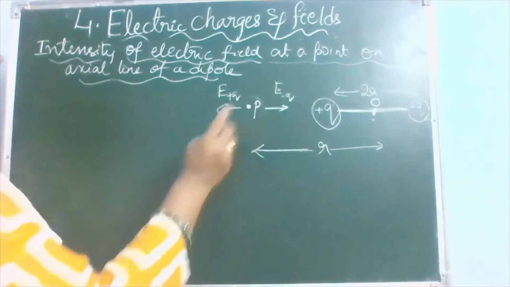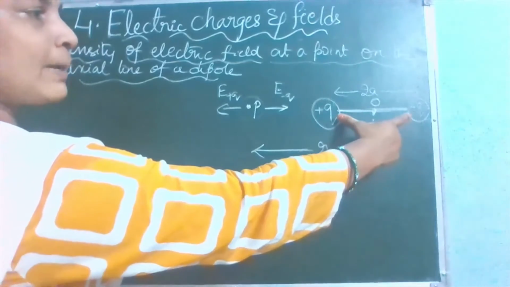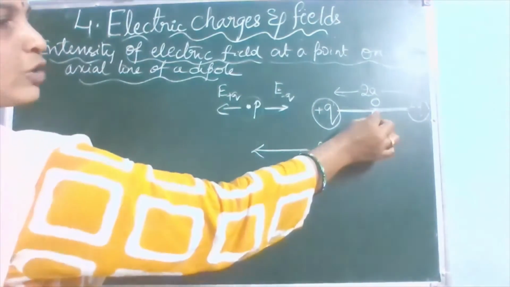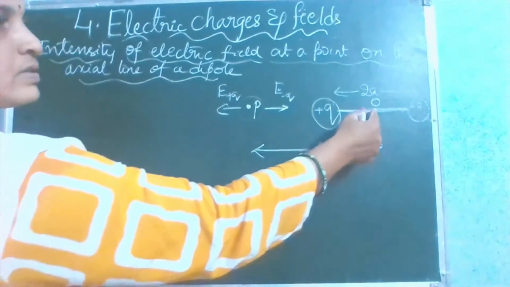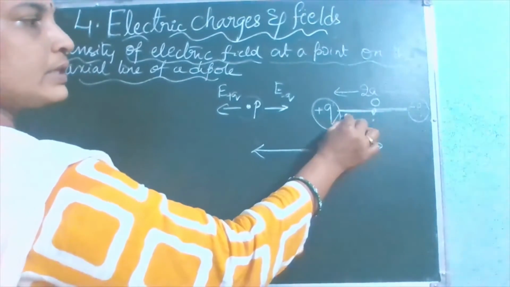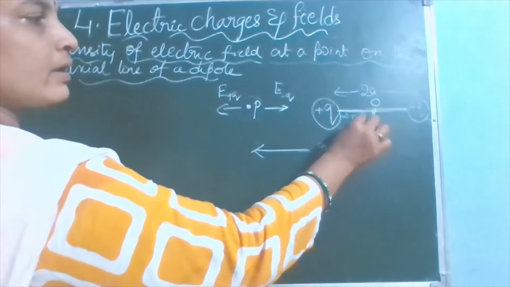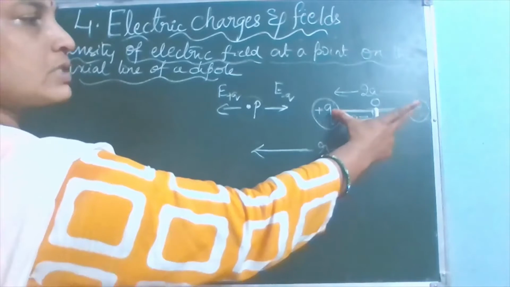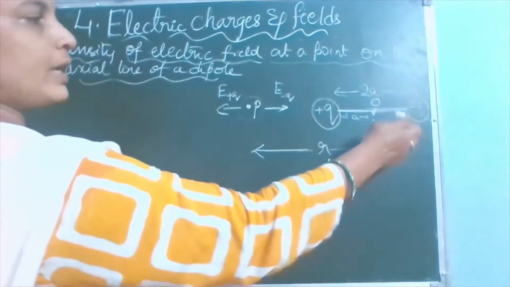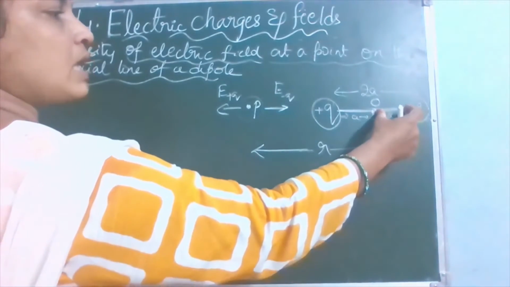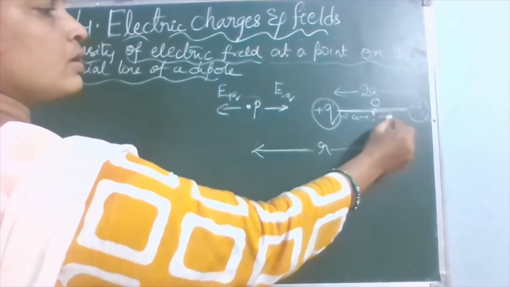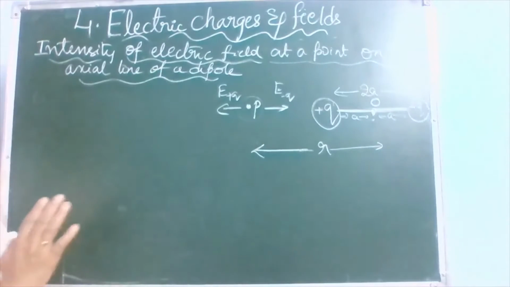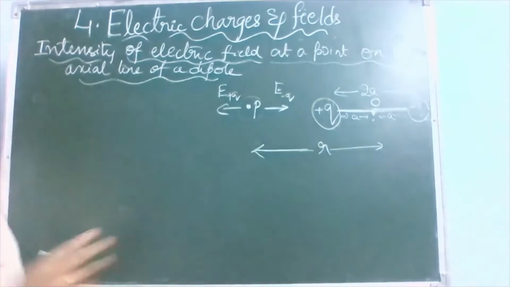The distance between the charges of a dipole is, we know, equal to 2a. And this is the center of the dipole. If this one is the center of the dipole, this distance will be a, and this one is also equal to a. Why? Because the total equals 2a. So this half equals a and this half equals a for this dipole. So it is a dipole with charges plus q and minus q.